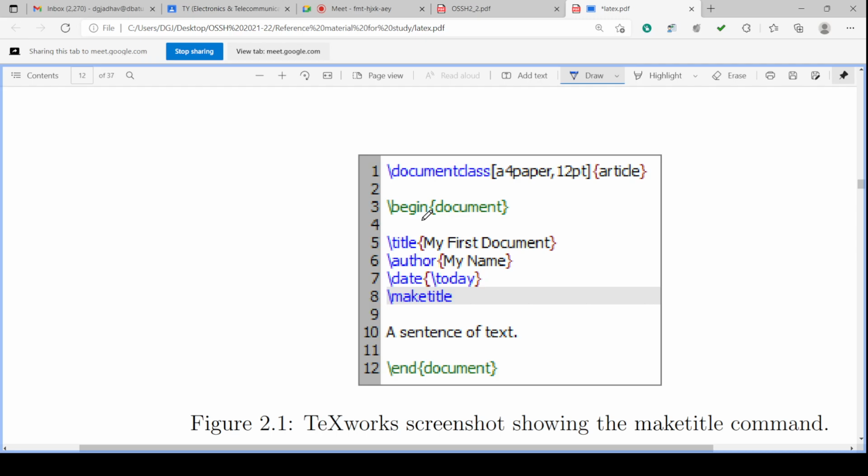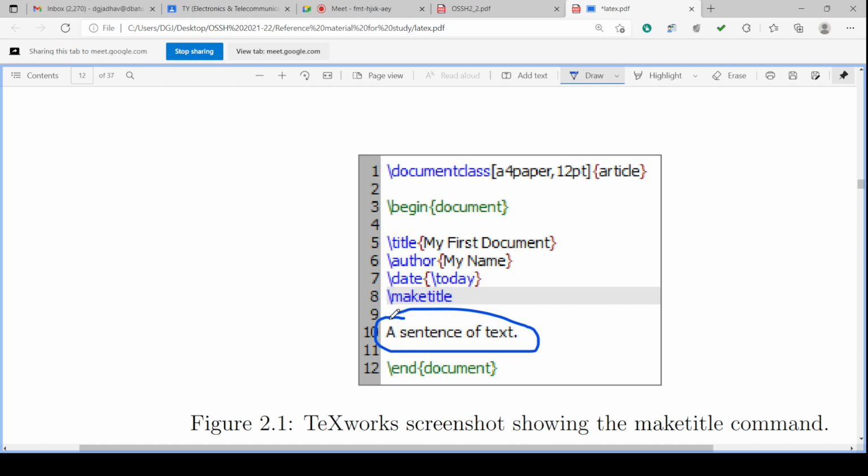Then the title is there, then author is there, and then date, make title, and this is the title. And then after that a sentence of text is there. Whatever next sections are there, we can continue. And after completing the document, there will be end document. So this will look something like this. This sentence of text, this will have many text sentences.